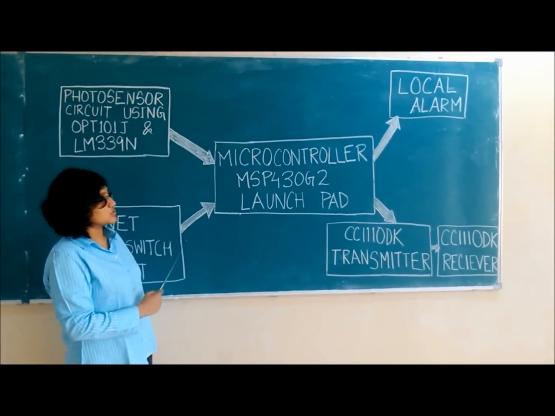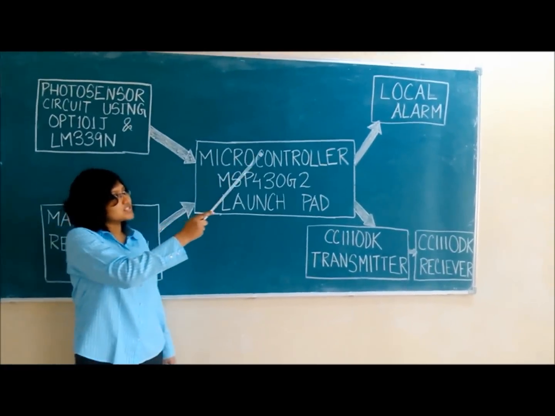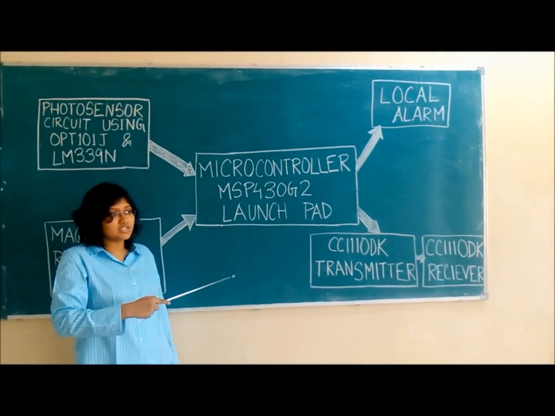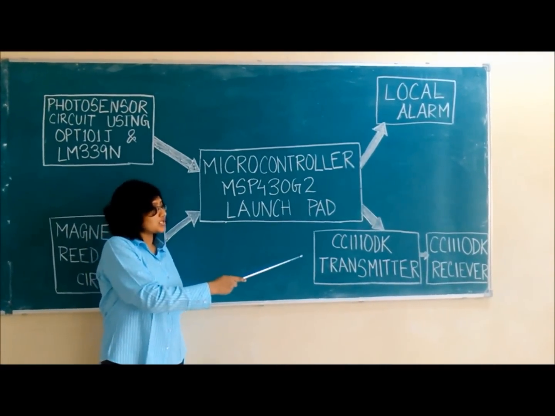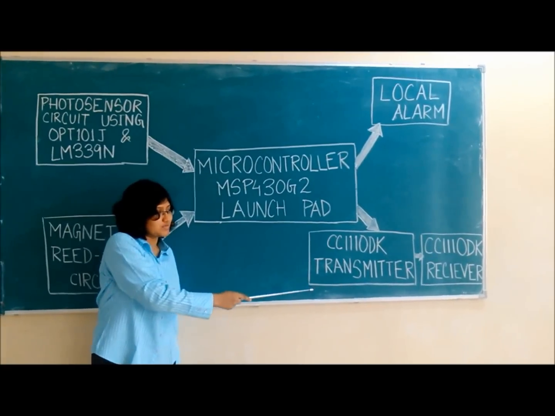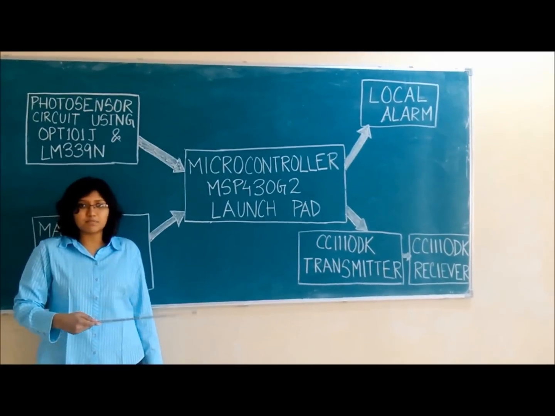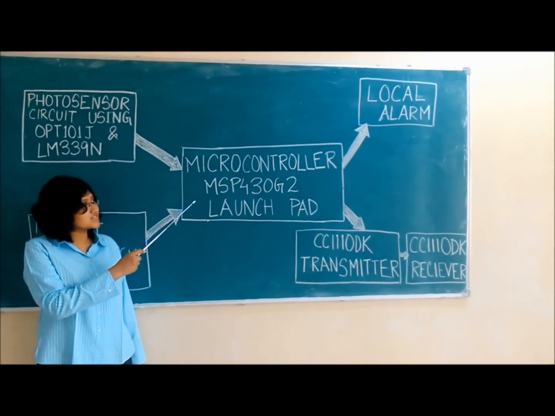high, or when both of the inputs are high. And the output refers to the local alarm, which rings continuously and warns the people that the manhole in this region is faulty. The second output is the CC1110DK transmitter. When this again is programmed such that it sends a pulse to the receiver whenever it receives a high input